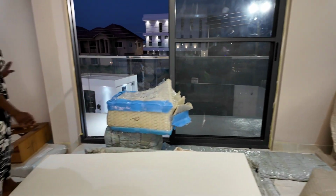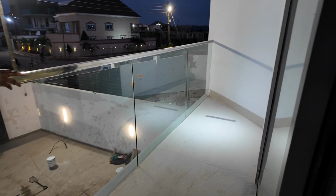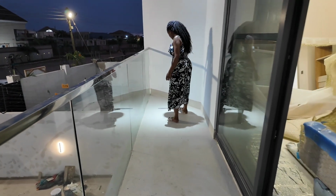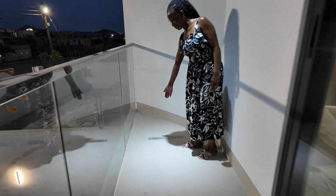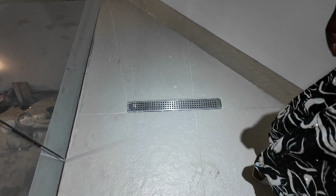And whoever gets this bedroom gets their very own balcony as well. And I've also noticed that they've put this guttering in here for rain. If any rain falls on here, then there's a drainage right here for any rain that falls on the balcony. All right,